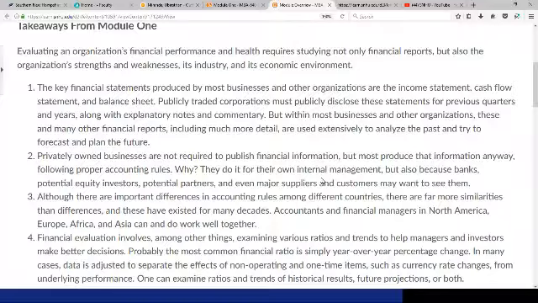So, number 1, key financial statements produced by most businesses and other organizations are the income statement, cash flow statement, and balance sheet. Okay. Publicly traded companies must publicly disclose these statements from previous quarters and years, along with explanatory notes and commentary. Now, your future assignments, okay, this is where you're going to mine the data from, right? You're going to select one of the 3 companies. We're going to discuss that a little bit in depth later. But listen, this is very important. You are going to mine your data